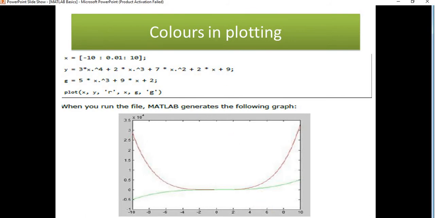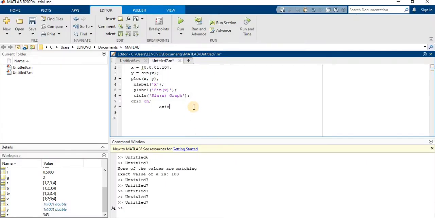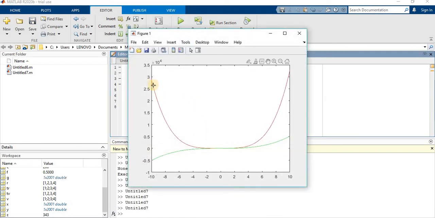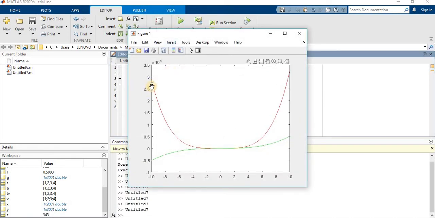So see here, I am executing the following program in MATLAB. I am copying it, removing the old code, and pasting it. After that I will save. If I run, see here, we can get one curve in red and another curve in green.